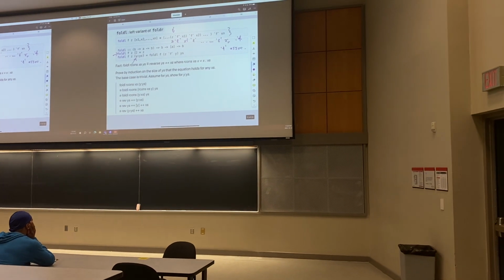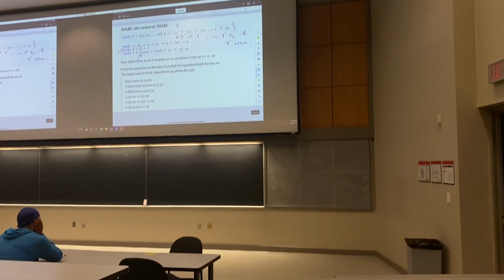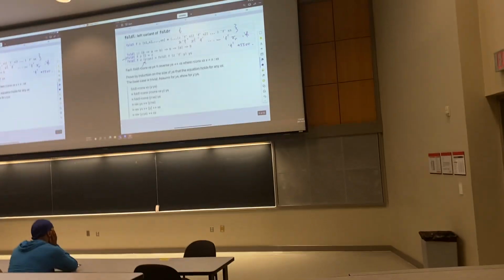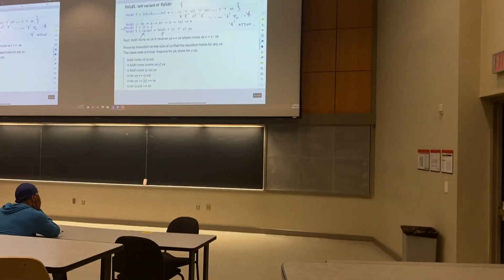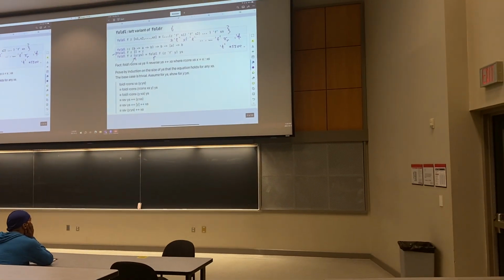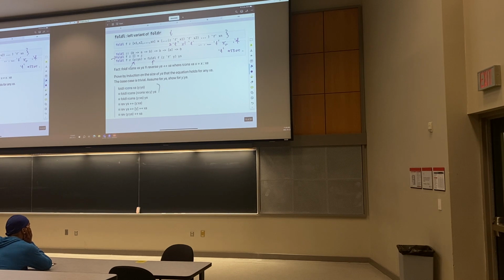So that gives you this definition here, and this is actually an example of a tail recursive definition that we'll talk about in a bit. But the thing to note here, and I've done this example here, I'm not going to go through it right now, but it's just applying the definition over and over. The thing to note here is that this fold L